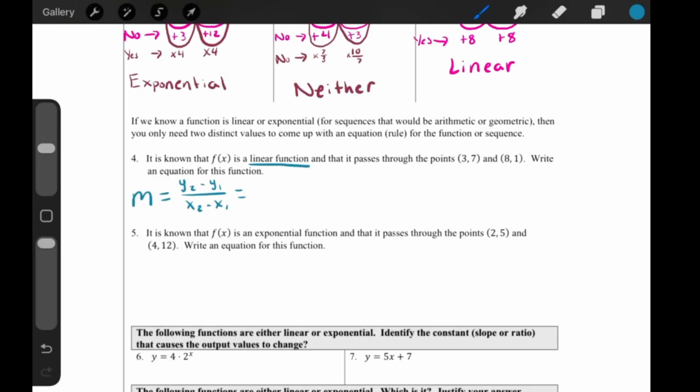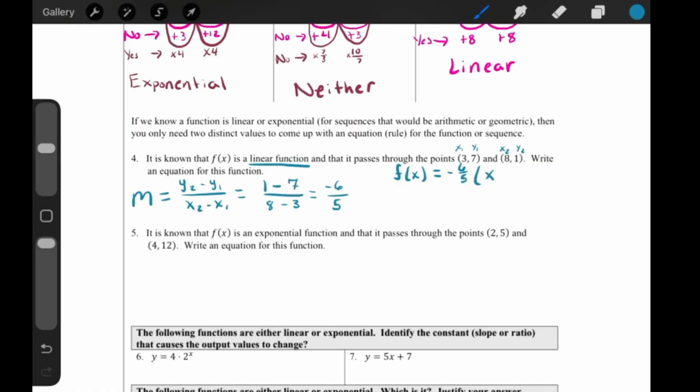So we can go ahead and label these. We'll have x1, y1, x2, y2. We'll have 1 minus 7 divided by 8 minus 3, leaving us with negative 6 over 5. Perfect. Now we can go ahead and write this out. So this would be f of x is equal to negative 6 over 5